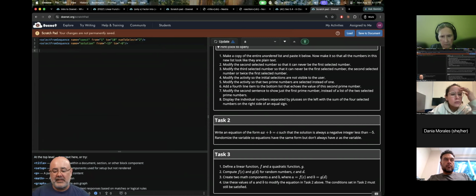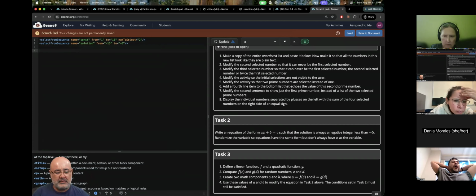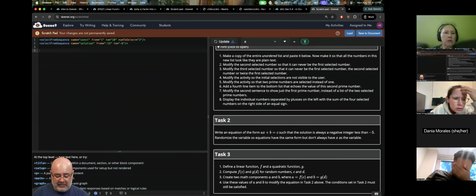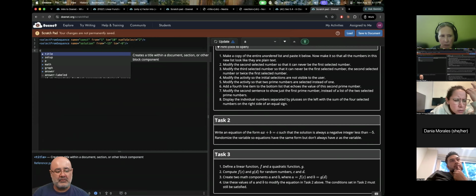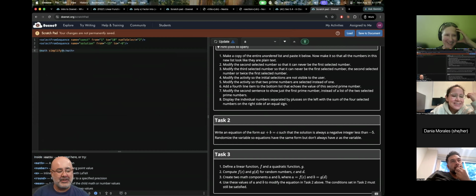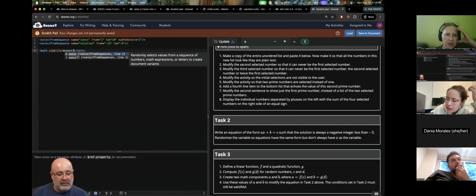How would I determine the value of C now? Because that cannot be randomized. The value of C depends on what A, X, and B are. So this should be a what? You want to know what C is. How would I do that? Well, it needs to live inside of a component. So what component do I have to start with? Math. Because with math, we can simplify. So $A. Well, we don't have A. We have const. So const 1